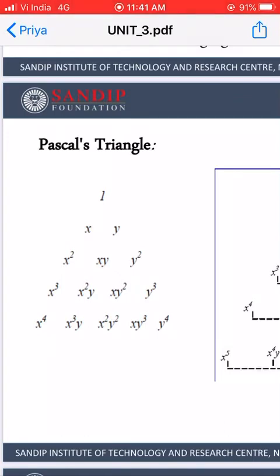Okay, so by using Pascal's triangle you can write your two-dimensional shape functions easily, whether it is a constant, a linear, a quadratic, or a cubic. So how to write it down? By remembering this triangle. You can see that on the left side this 1, x, x square, x cube, x raised to power 4 means only the x term is increasing.